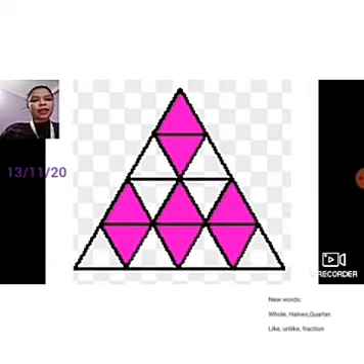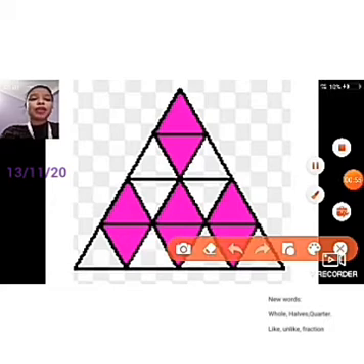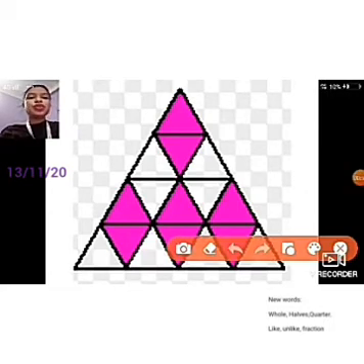Let us go to the next figure. This is a triangle. It has got many divisions. That means this figure has been divided into many equal parts. Now you can see white and pink colors are used. White represents the unshaded part, and pink represents the shaded part. How many equal parts are there? Let me count, and you also count from your side. 1, 2, 3, 4, 5, 6, 7, 8, 9, 10, 11, 12, 13, 14, 15, 16.